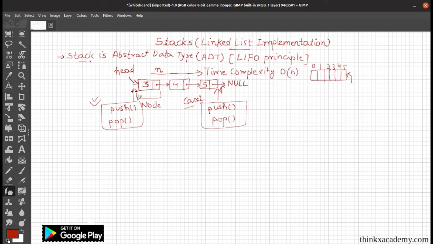And in this case, we do not need to traverse through the whole linked list. We can push or pop at the head position, or we can just say that this is the top position of our stack. So we will use the term top in this case. In case of top, the time complexity will be big O of 1, which means it takes constant time to push or pop at the beginning of the linked list. So let's now implement the push and the pop functions,